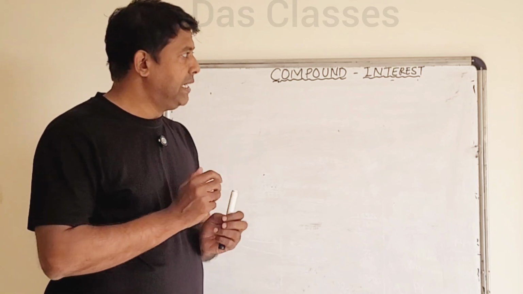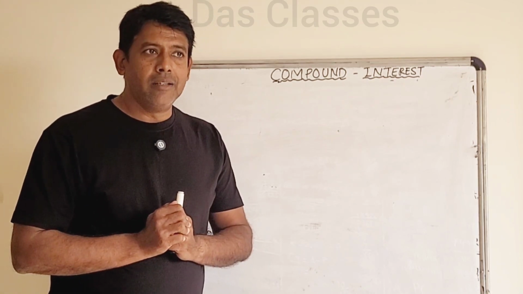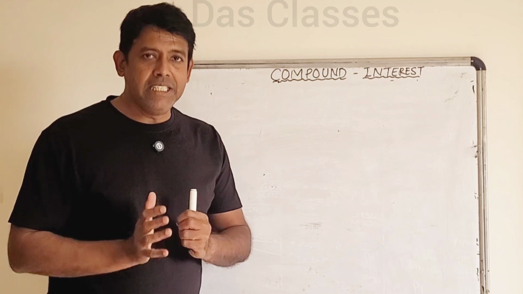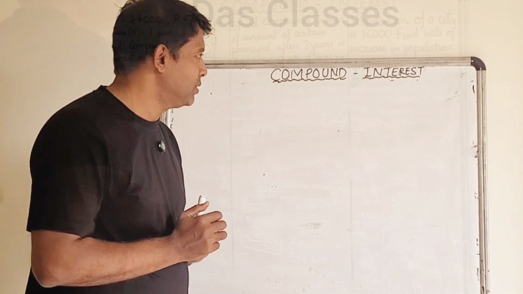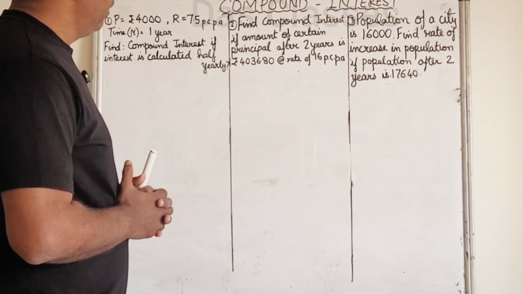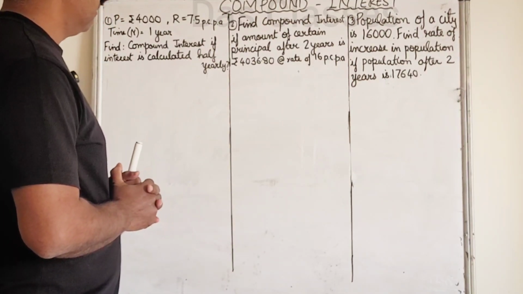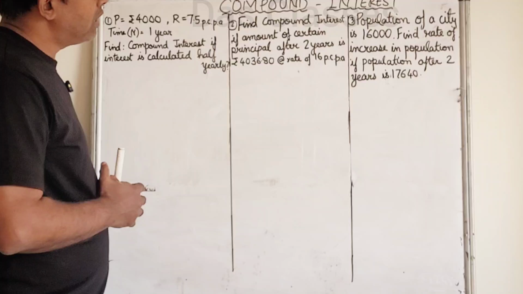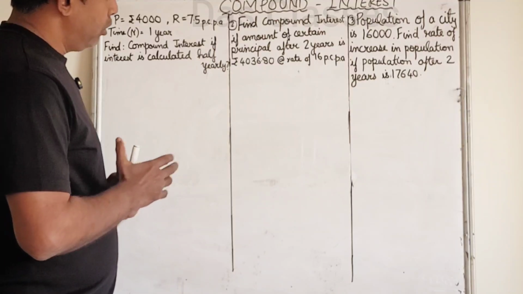And here we'll take a few examples and try to make the concept easy for you so that you can solve the sums. So in compound interest, we have already written down 3 sums on the board. We have tried to cover all kinds of sums. Before I start,